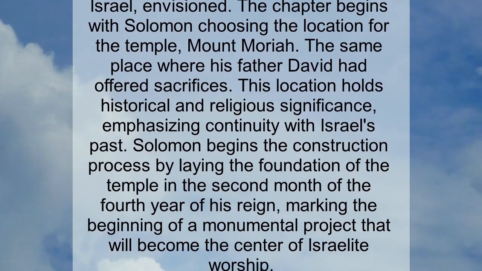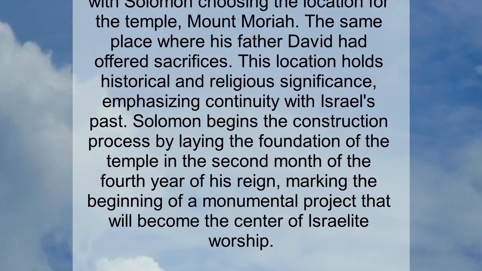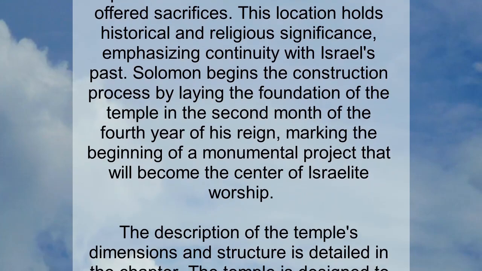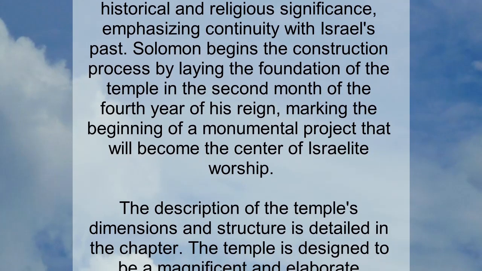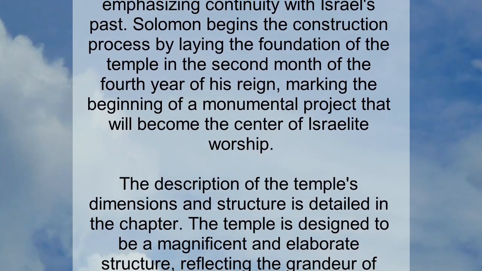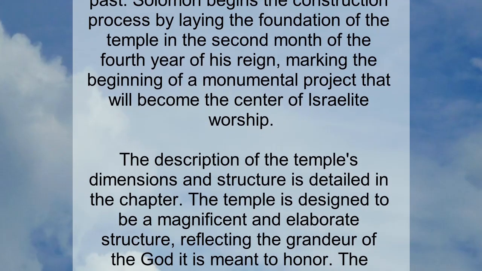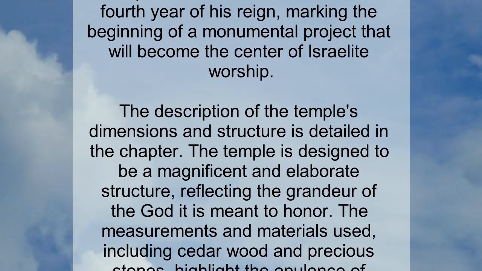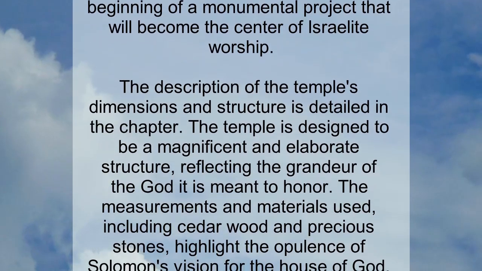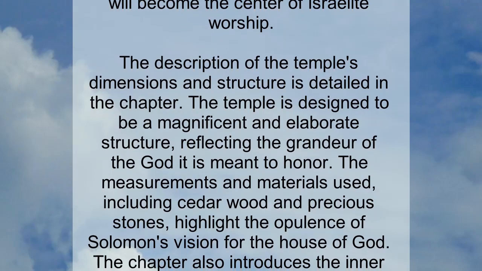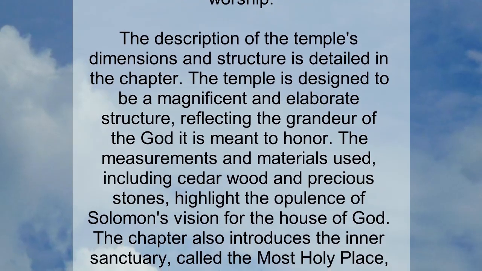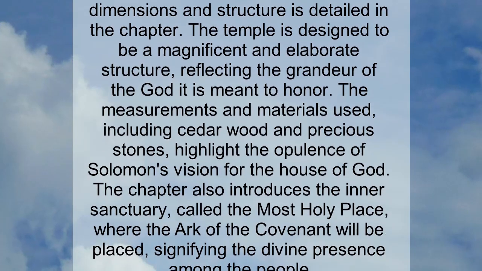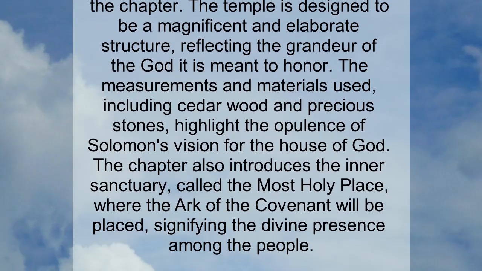Solomon begins the construction process by laying the foundation of the temple in the second month of the fourth year of his reign, marking the beginning of a monumental project that will become the center of Israelite worship. The description of the temple's dimensions and structure is detailed in the chapter. The temple is designed to be a magnificent and elaborate structure, reflecting the grandeur of the God it is meant to honor. The measurements and materials used, including cedar wood and precious stones, highlight the opulence of Solomon's vision for